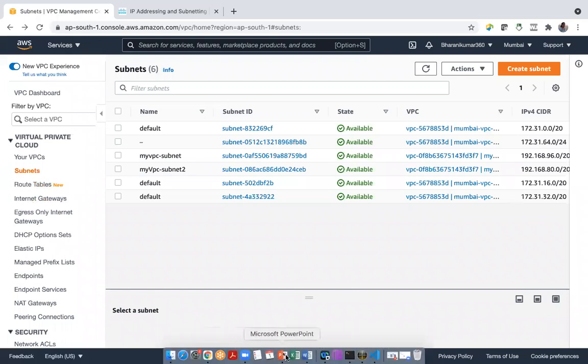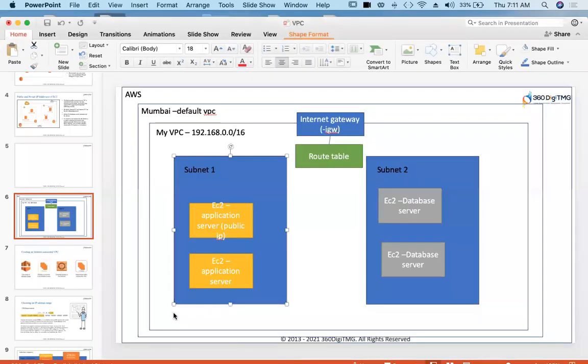Let me open this presentation. And we are talking about internet gateway also yesterday. Internet gateway allows traffic outside to the internet, and a VPC without an internet gateway cannot route traffic outside to the internet. If you want an internet gateway for the VPC, definitely. Why? Because again, you can make your subnets public and private. So let us add an internet gateway to our VPC.